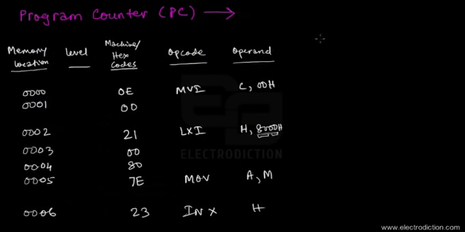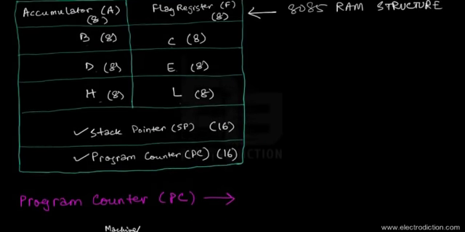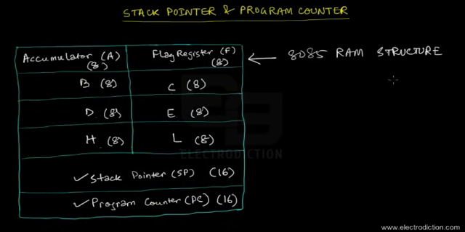So here we are. In order to illustrate the role of the program counter register, I just brought this program of 8-bit addition, as you all had seen previously. As you can see, our program basically starts from the memory location 0000. Before going into the function of the program counter, let me emphasize over here that the